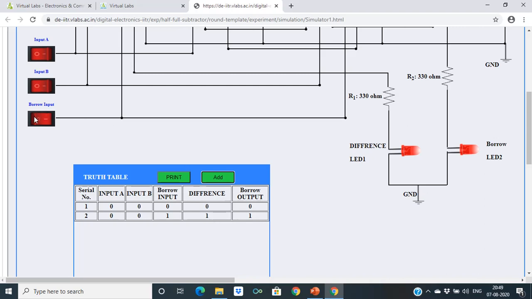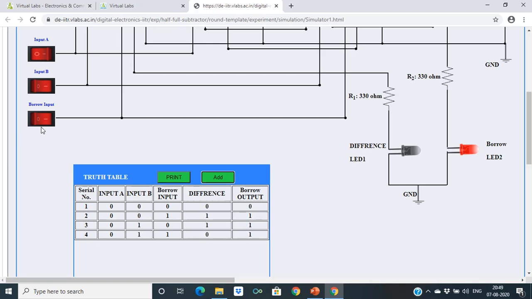Then you can go for 0 1 0, so 0 minus 1, borrow 1, difference is 1, so 1 1. Then you can go for 0 1 1, 0 minus 1 will require a borrow and difference is 1, 1 minus 1 will be 0, and borrow we have taken.